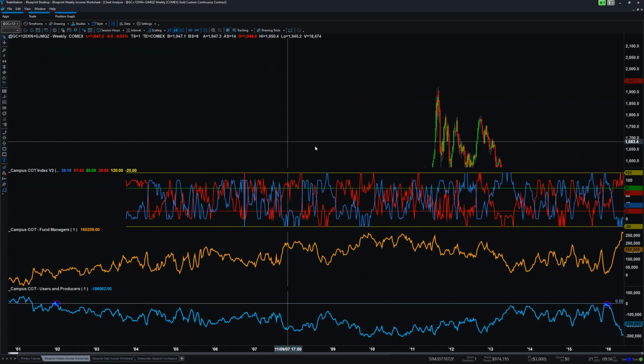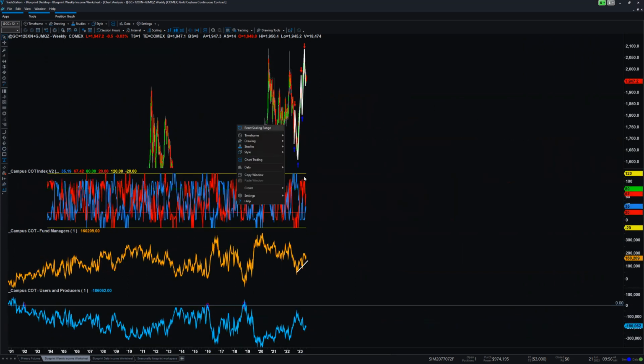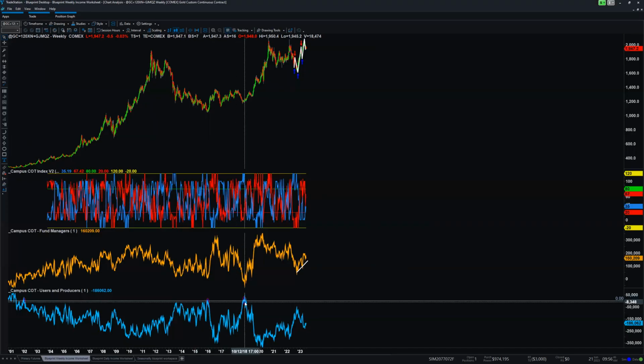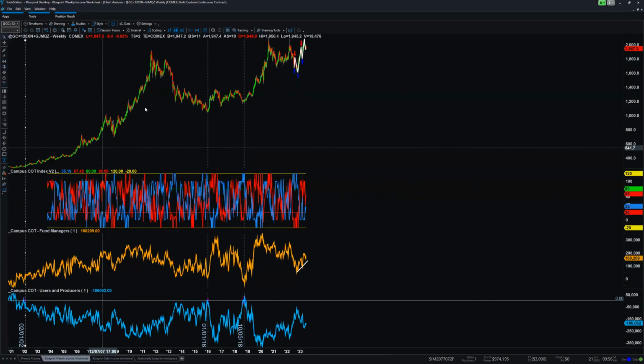So if you look at these areas and ask what the absolute best times to be buyers in gold are, what creates these large bull markets is net long readings. I mean, this one is so far back, right? But mostly these two prior readings here and here, these net long readings created multi-year bull markets in gold